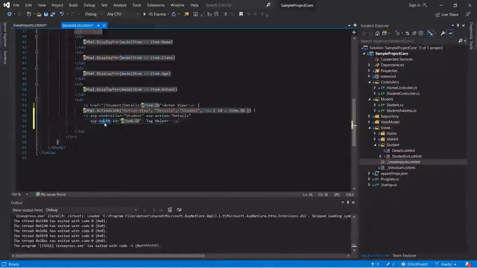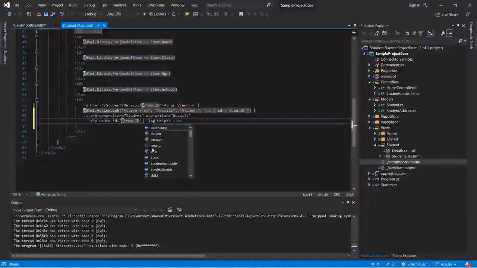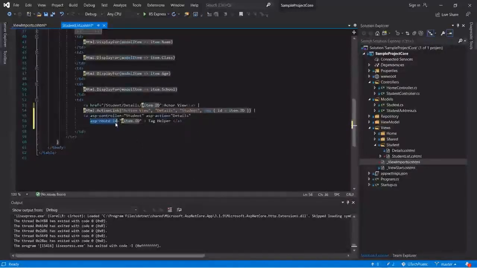The next is asp-route-id. asp-route- is used to pass additional data to our action. In our case, the details action is expecting the ID as a parameter, so we need to define it as asp-route-id. Suppose in future you have another parameter with the name, then you need to specify it like this: asp-route-name. So the last part should be your parameter name which is accepted by your action.